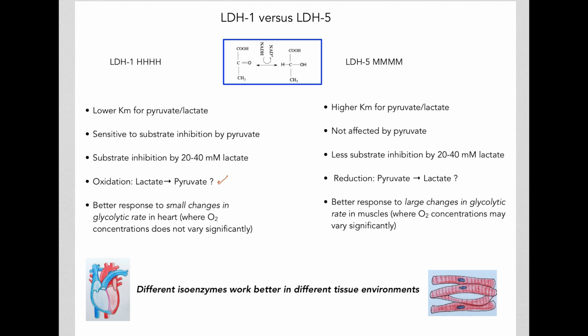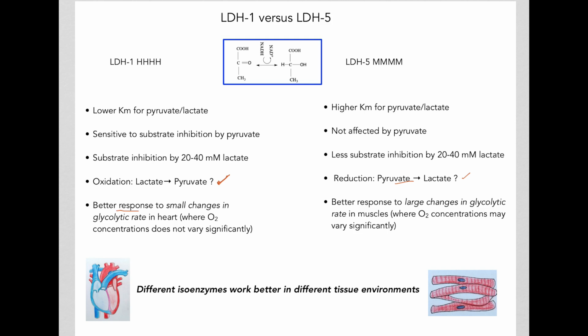However, this may not be entirely true. It's not that LDH1 is more suited for oxidation reactions, while LDH5 is more suited for reduction of pyruvate to lactate. Rather, it seems like LDH1